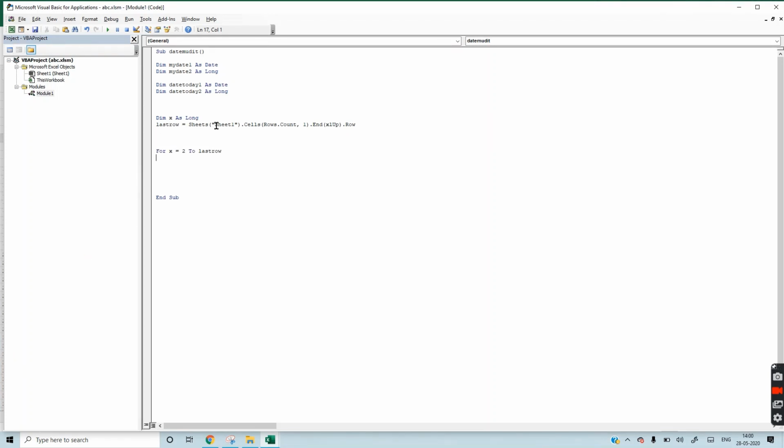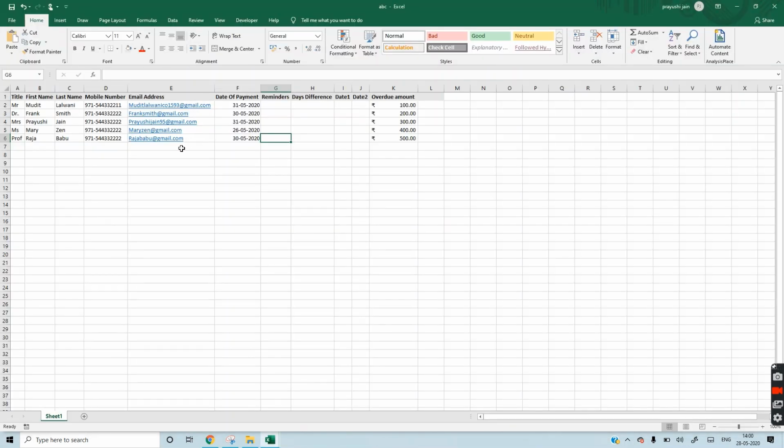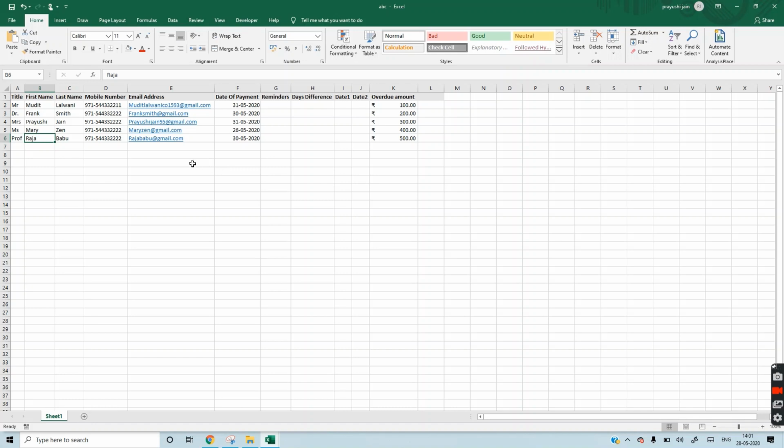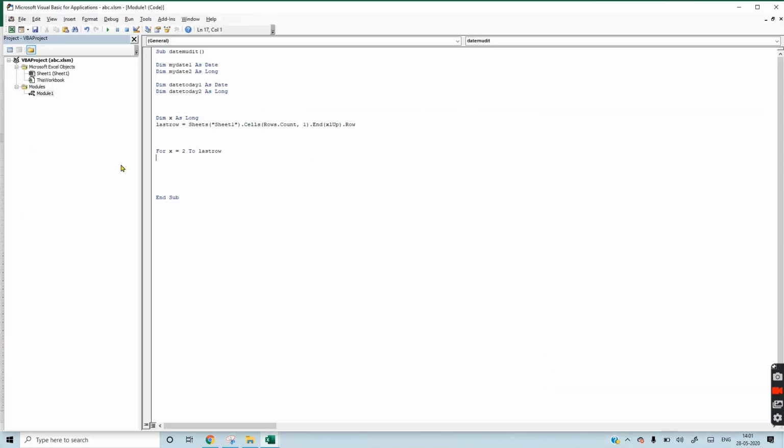This code will give the last row used, which in our case is this one, and for x equal to last row, this means that it will loop from row 2, which is below the headers, to the last row, from this line to this line.